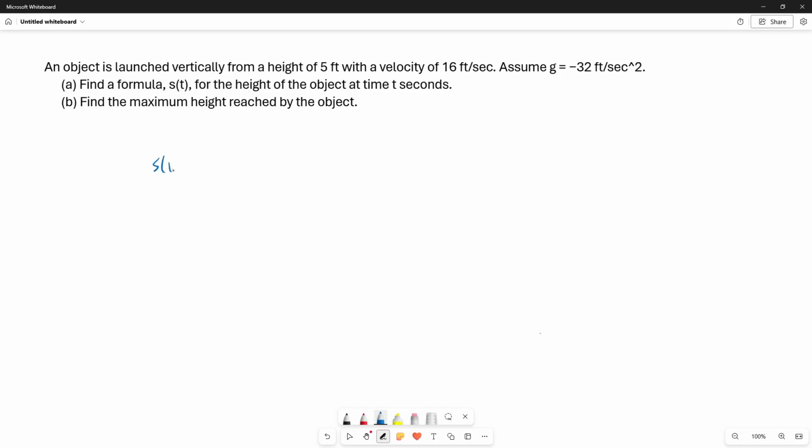So in rectilinear motion, we have three aspects: position, velocity, and acceleration. To go down the list, we do a derivative, and therefore to go up the list, we do an antiderivative or an integral. We want to find a position function, and we're given the gravity. So if we integrate the gravity, we'll get the velocity. So the velocity will equal the integral of the gravity, the acceleration,